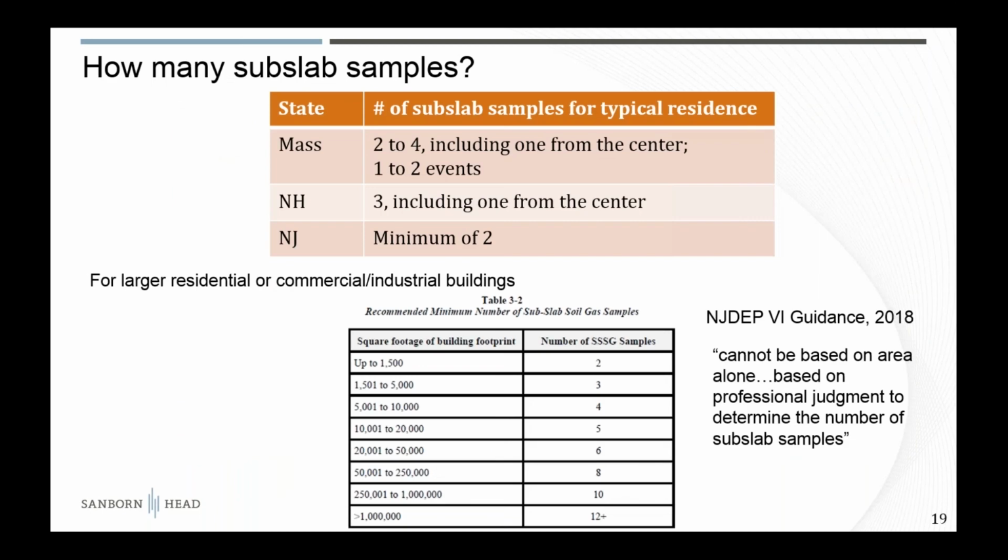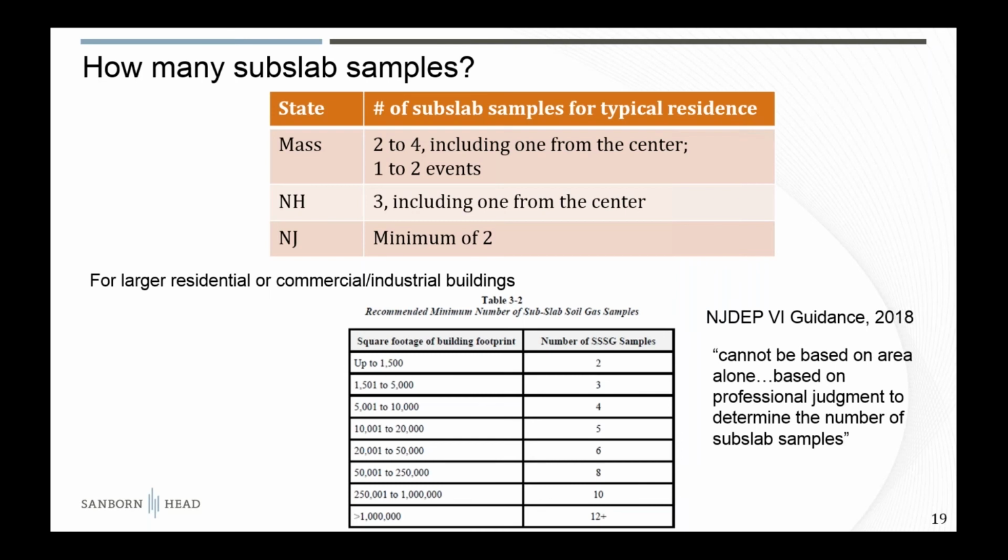Okay, so how many subslab samples do you need to collect in a residential scenario? It depends on what state you're in. I've got a cross-section here of different states and what their recommendations are for the number of subslab samples. It's typically around 2. And there's not usually much said about how many times you have to do this. I think the conventional thinking is you're going to go and do this once. But Massachusetts actually references 1 to 2 events. And I guess it all depends on what you find. If there's nothing there, that may be better evidence that you might be able to stop there. But again, the multiple lines of evidence idea comes into play to support how many times you do something like